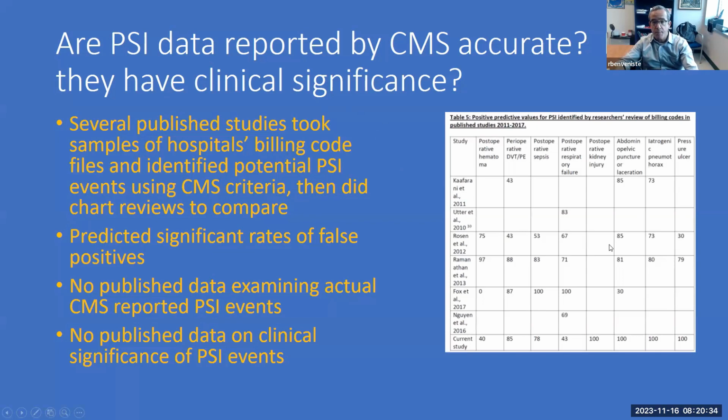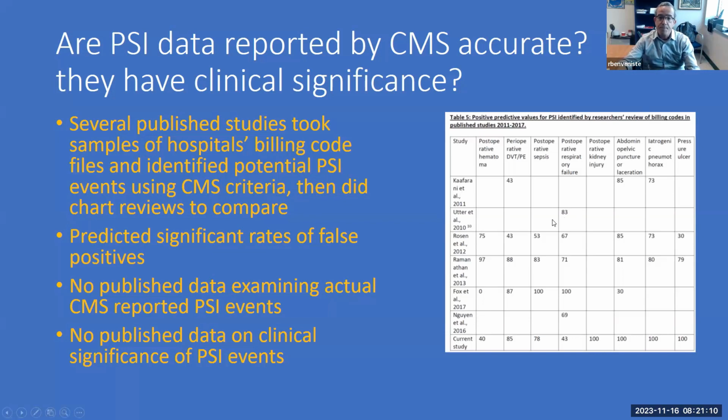On the right, I show a table from our recent manuscript, but a lot of people ask this. In the years after MIPS, these Medicare incentive quality payments were introduced, people said, hey, is this really going to be accurate based on billing codes? A number of research groups took their hospital's billing codes and took a sample, let's say there were 10,000 patients, they would take 100 of them, and do their own computerized analysis of the billing codes and say, did we detect these complications,